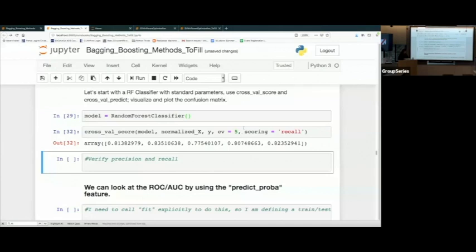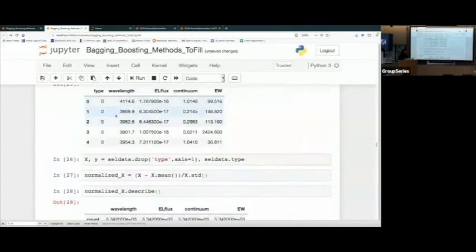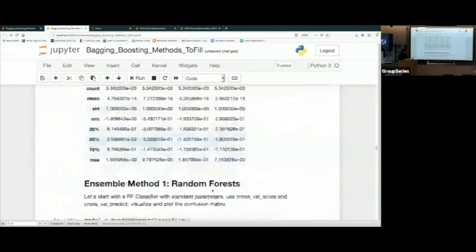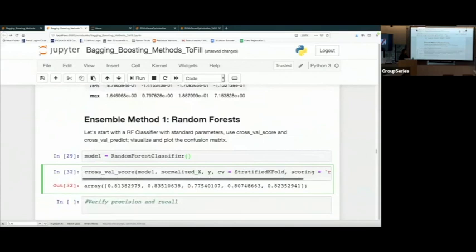First of all, something that we didn't do, but is quite important to do, is to make sure that your data are not in order. Because cross-validation score, if I remember correctly, in standard behavior, doesn't randomize the data first. So one way to avoid this is to use a stratified k-fold